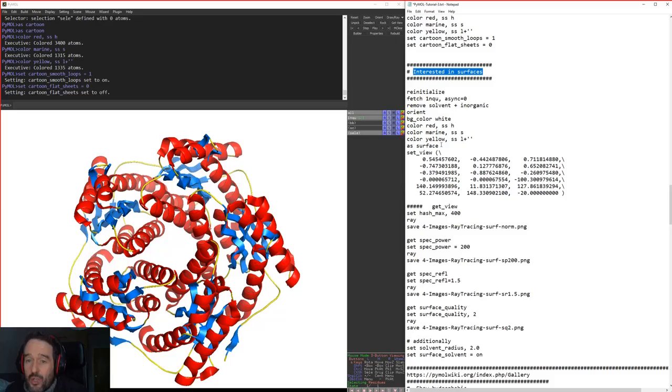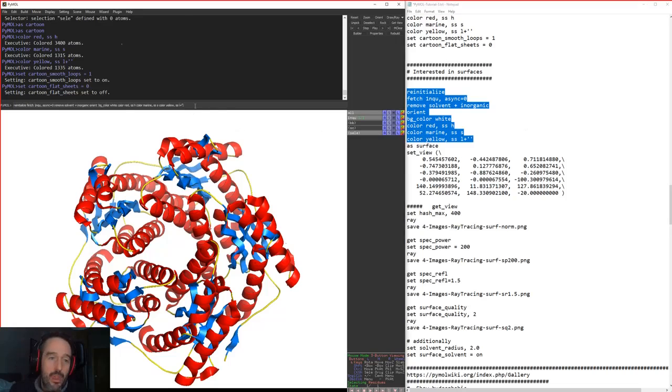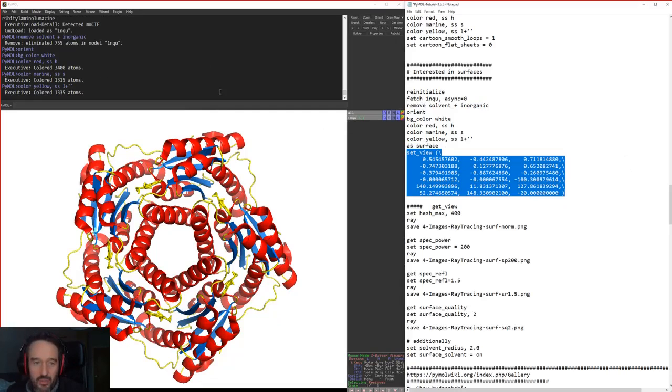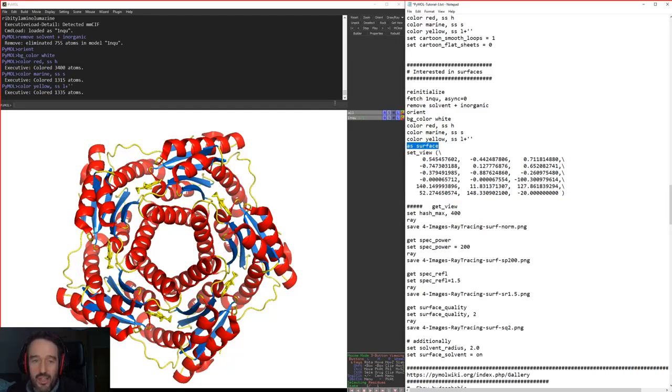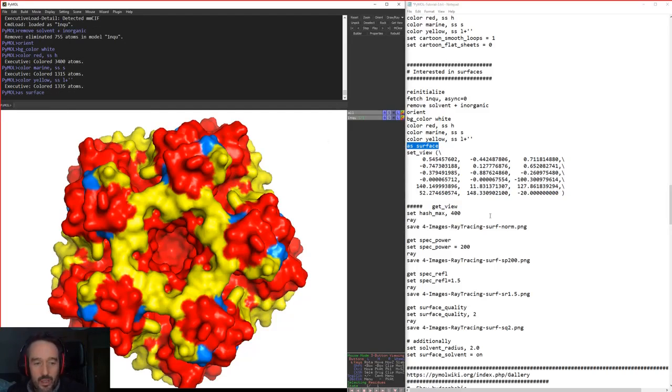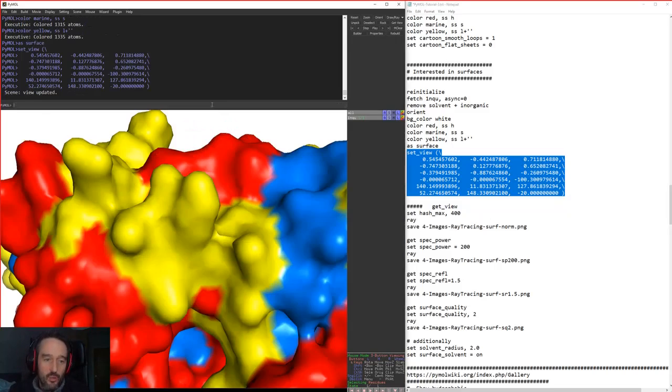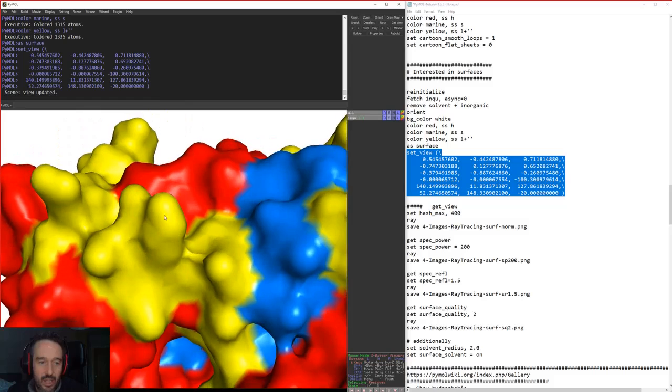Surfaces. If you're interested in surfaces, how can we manipulate those? Well, let's have a quick look. Let's fetch in this guy, remove our solvent, orient. We'll get our topological colors on there again. Here's a particular view to have a look at. Oh, well actually what we'll do, sorry, set surface. There's our surface, and then I'm just going to zoom into this particular little lump here.